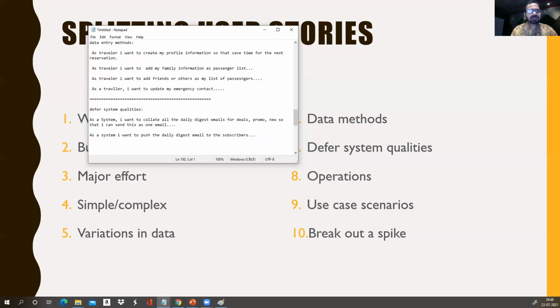Rather than as a system, I would use as a traveler: I want to receive a consolidated email for all my subscriptions, so that I can manage my inbox well.